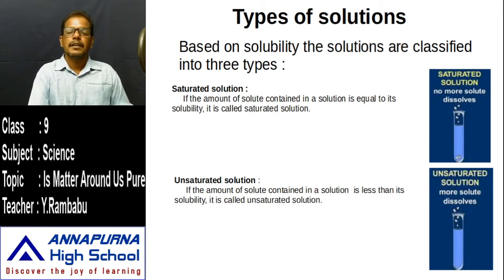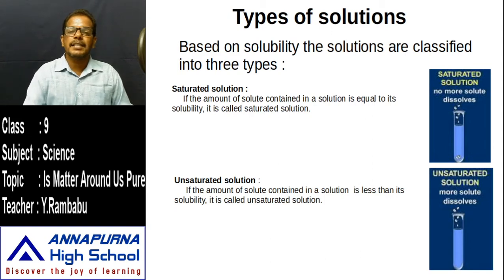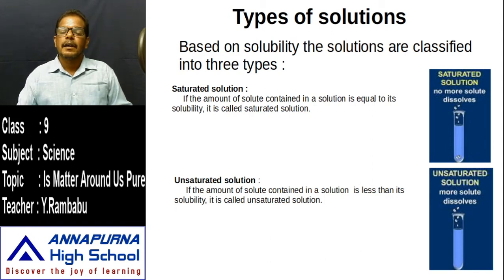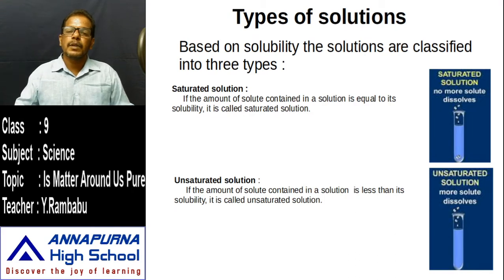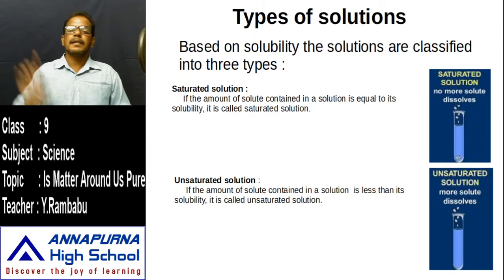That means in this activity, how many stages are there? Three stages. First stage is one spoon of sodium chloride added to the water, and it dissolves. Second stage is on adding some more sodium chloride, some amount of undissolved sodium chloride is observed. Third stage, whenever we heat that solution, it disappears. Okay.